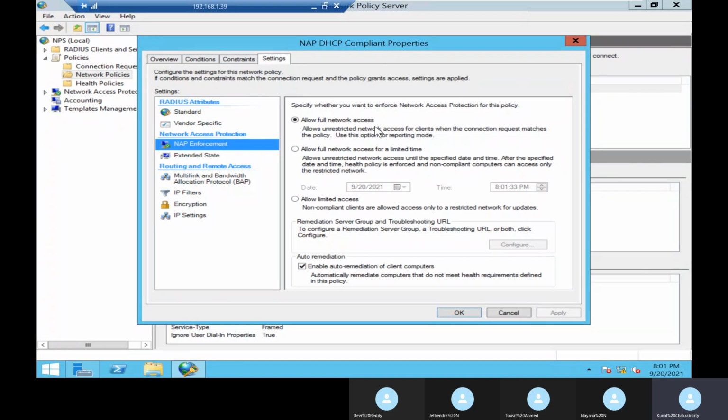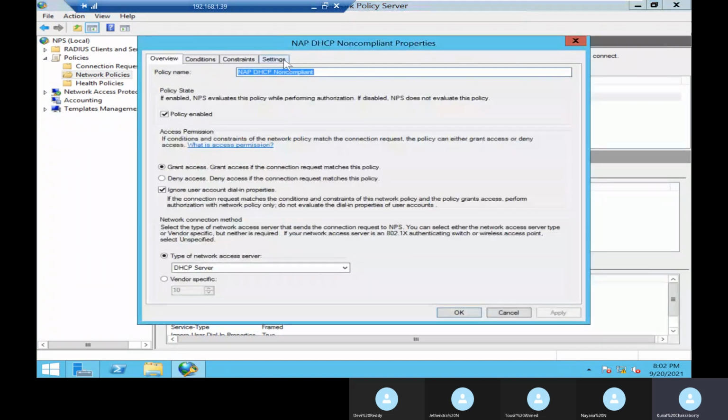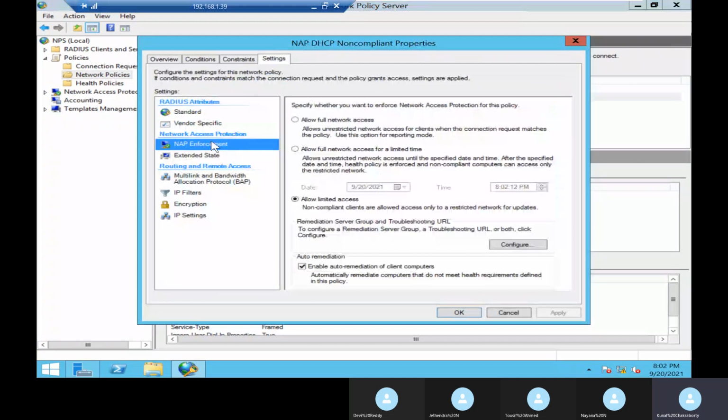That means if a system fulfills all the criteria given for the NPS health checkup, and all those health checks are successfully verified, then that system will get full network access. There will be no limitations. But if any client doesn't fulfill all the criteria, in that scenario, that system is going to get limited access.